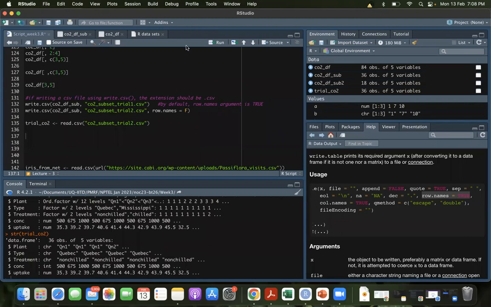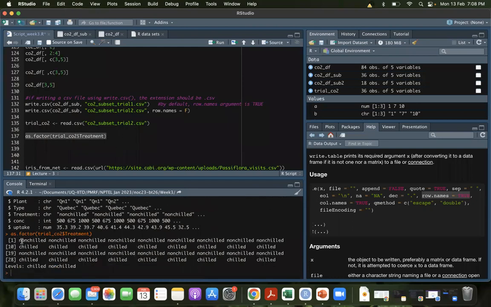Yeah, all right, good. So I want to change the data type. What I'll do is write trial, and I want to pick a column. So I'll write dollar, and here I pick treatment. I want to apply a function on this. The function that I want to apply is as.factor. Whenever I want to apply a function, I just enclose the input in a round bracket, right? So as.factor. If I execute this, you can see, so before that, if I would have just